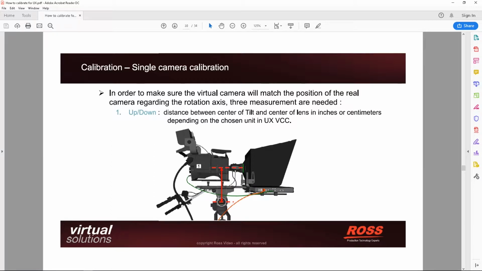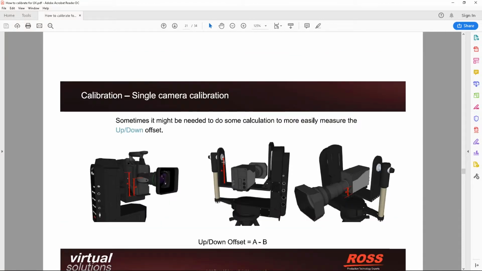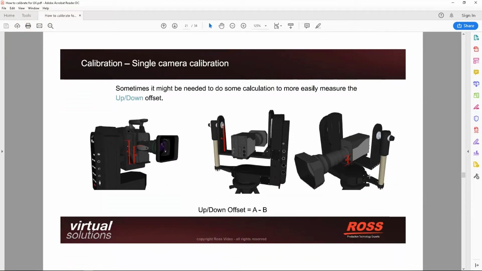What we'd need to do is measure here the up-down. The up-down represents the height from the rotation point to the center of the camera. Typically this would be right in the very center of the lens where the CCD lives. This can be different on different types of mounts. For example, this is the Furio here. You can see that the point of rotation is actually above. On the last image it was below.